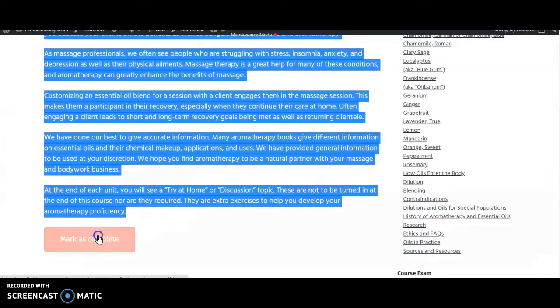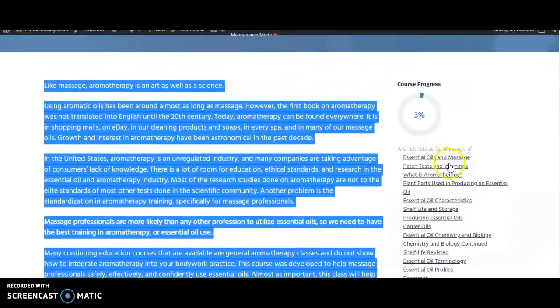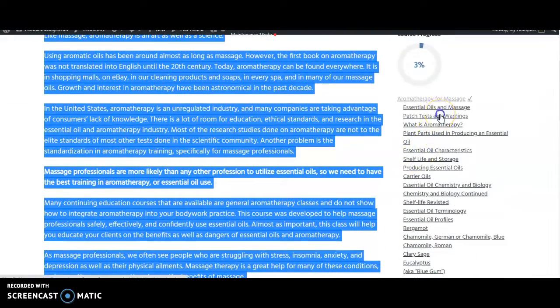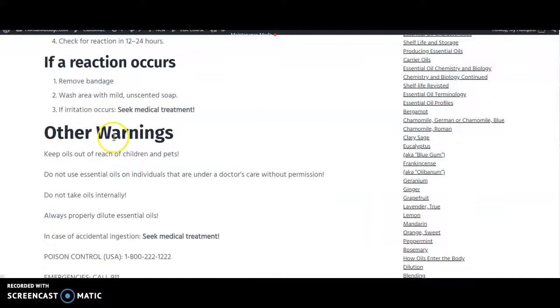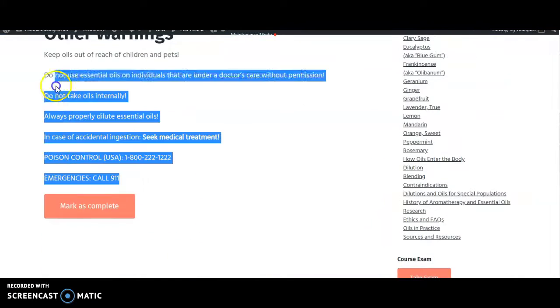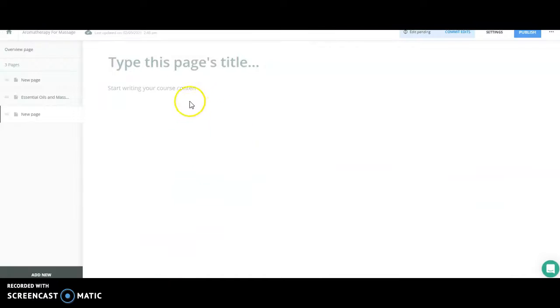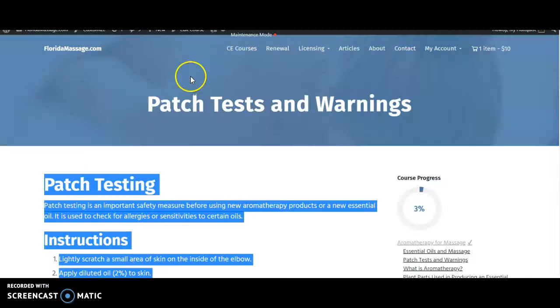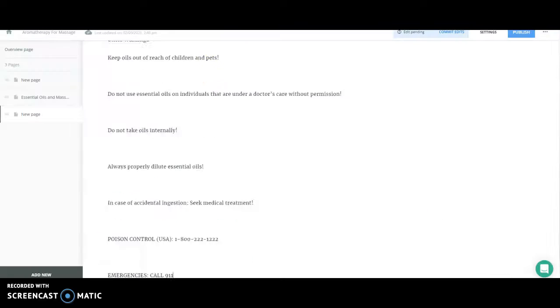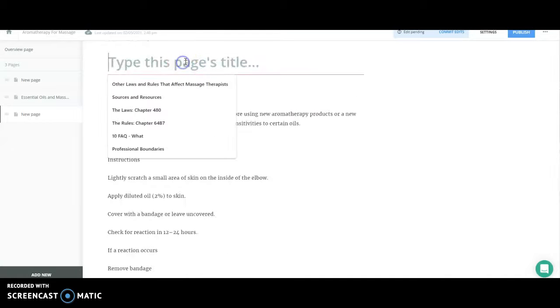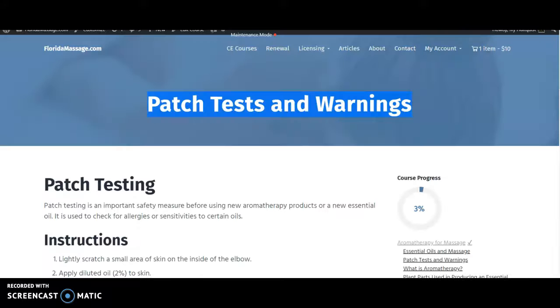Like I said, you can mark as complete for the next page after the one we are on. Which one are we on? After Essential Oils and Massage would be Patch Tests and Warnings. So let's see how this page goes. And copy, and paste. I'm going to get the title, bring that up here. So then,